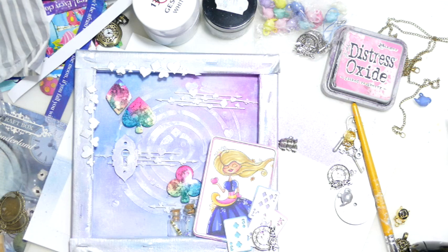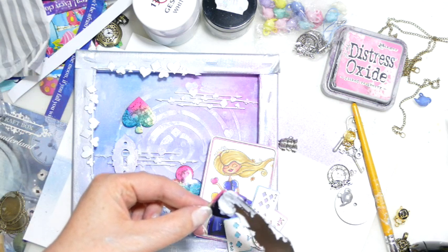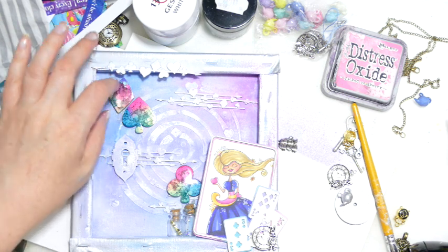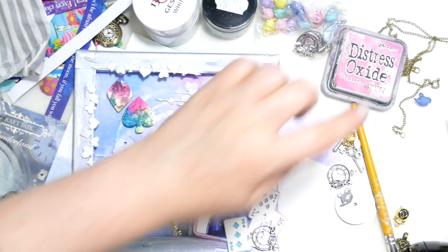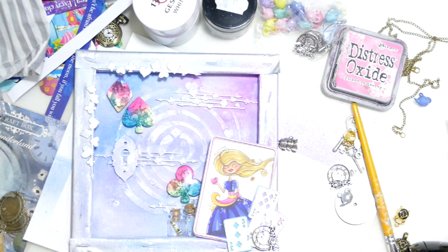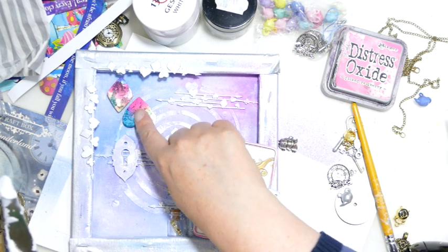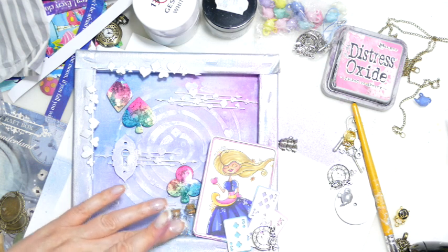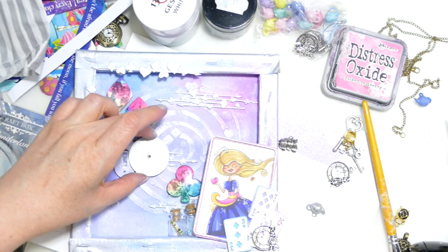On this frame here, what I did was I painted it white with the gesso, and then I used the same colours that we've been using, the picked raspberry and the broken china, and I sort of colour tinted the back layer of it. The top layer I have put silver on the edge of it, but I've left the playing cards white. Okay, so here at this clock I've painted that,